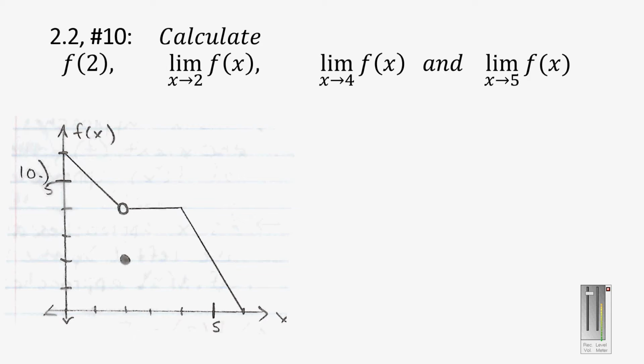So 2.2 number 10, let me read it out of the book here first and let you know what it says. So 2.2 number 10 asks us to use the graph of the function f to find the following values if they exist. All right, so first of all, this is really where we start to get into